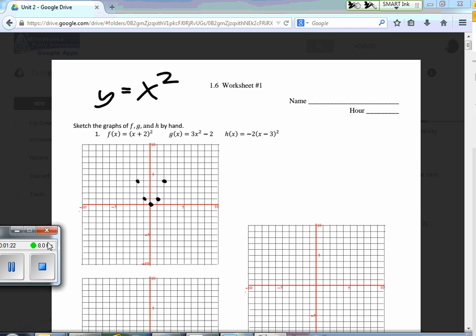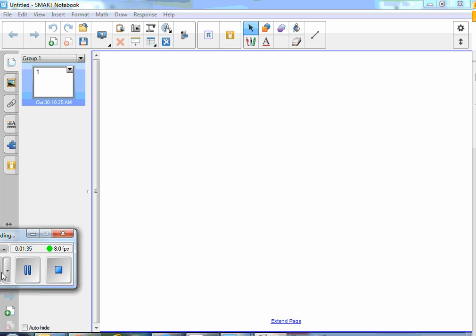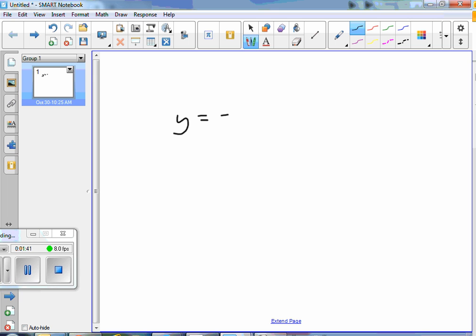And do you remember how these things are getting shifted? The stuff on the inside is left, right, and the stuff on the outside is up, down. So let me take just a moment to remind you how those work. Okay, so here's inside versus outside. If you have this,